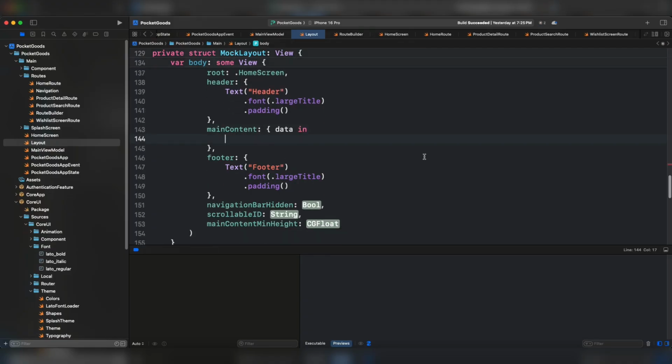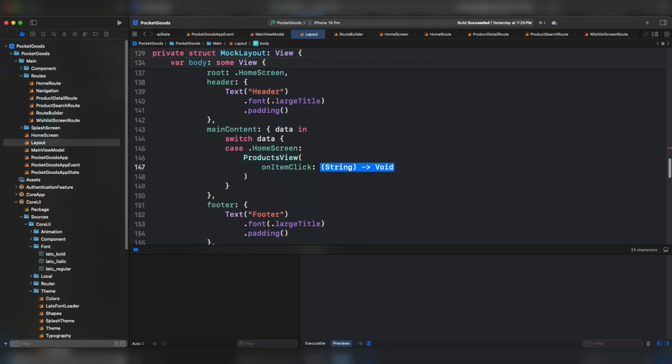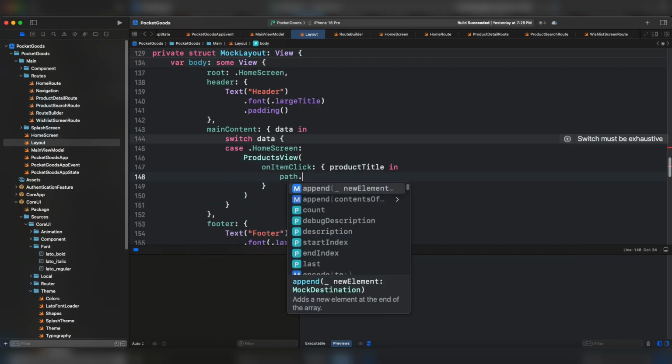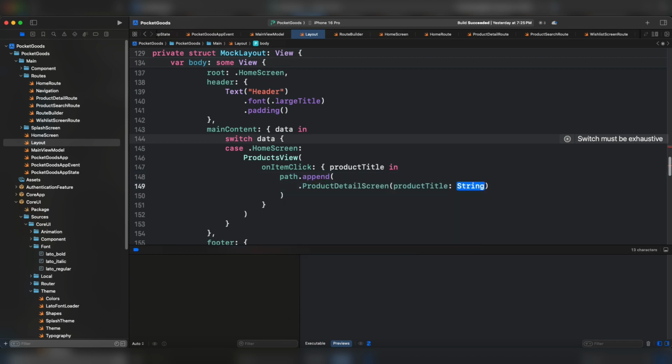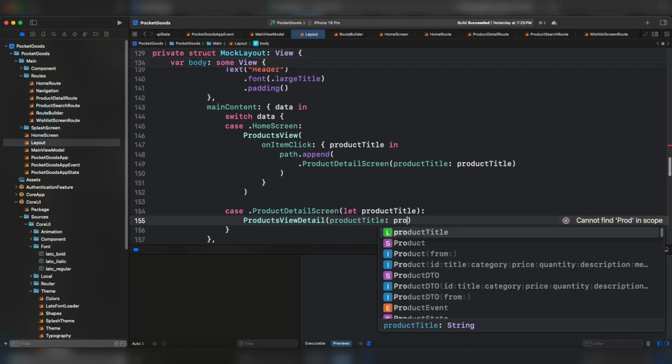Inside the main content, in case of home screen, we're going to do product view on item click. We're going to do here path and append just to navigate to the product detail screen, and we have to pass here the product title as an argument. In case of product detail screen, I'm going to copy this. I'm going to show the product view detail, and for the product title, which is the product title from the